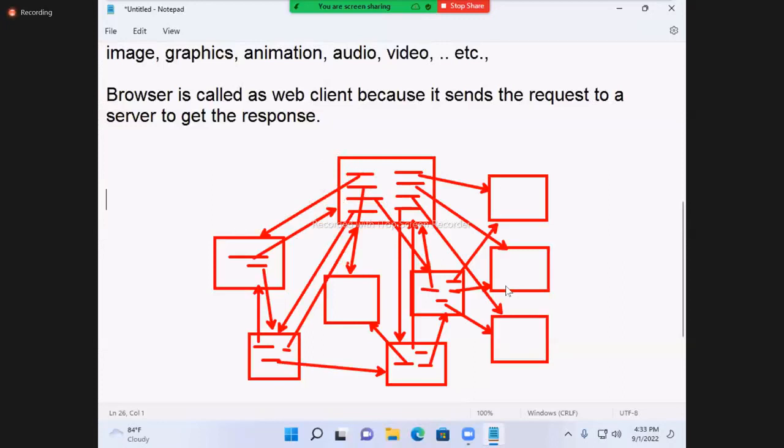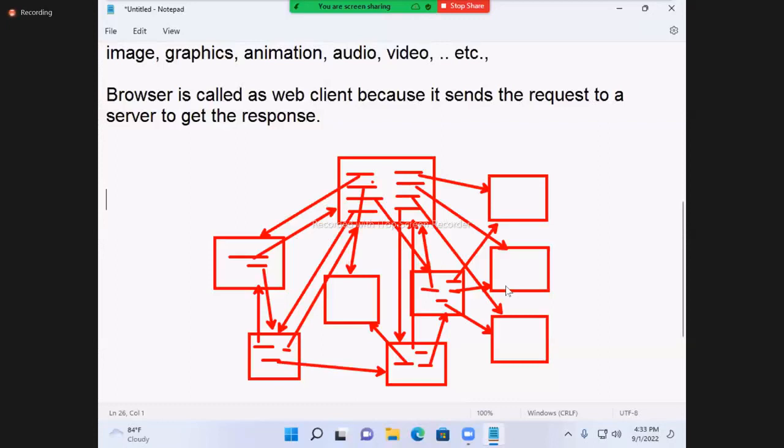There are so many pages linked together. This is second, this is second, like that. Again, if you click here, the home page may come again. You cannot say third page, because that is the first page, which you already said. So here, which is the first page? You can give the answer: home page. Which is the second page? No answer. Which is the third page? No answer. Which is the last page? No answer.